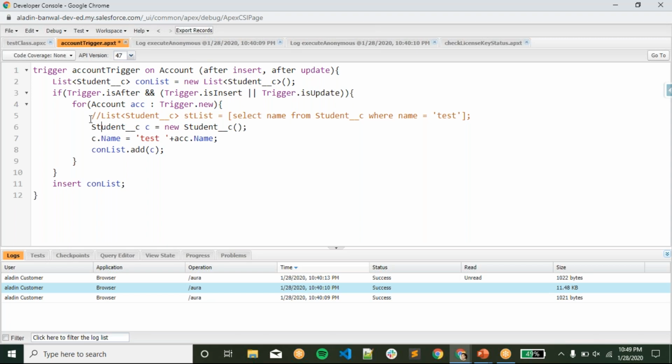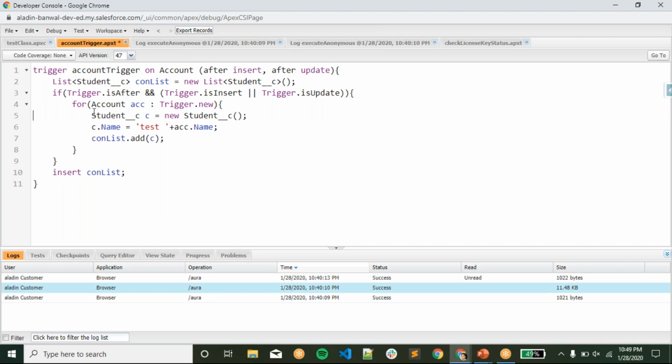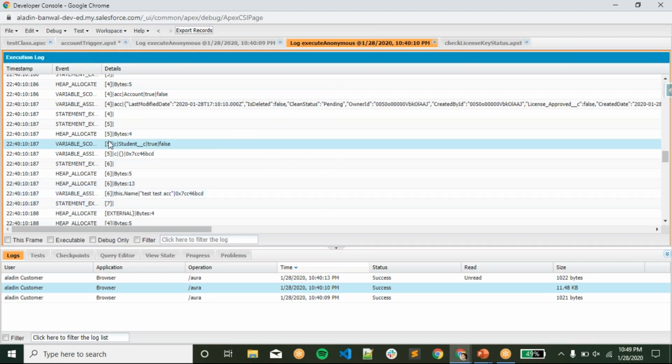In this line number 5, before it was not available here, because I had not saved this actually. So it is giving the line number 5 to me. So student C is available in line 5, and it is creating a new student over there. You can see what is happening in line number 5.